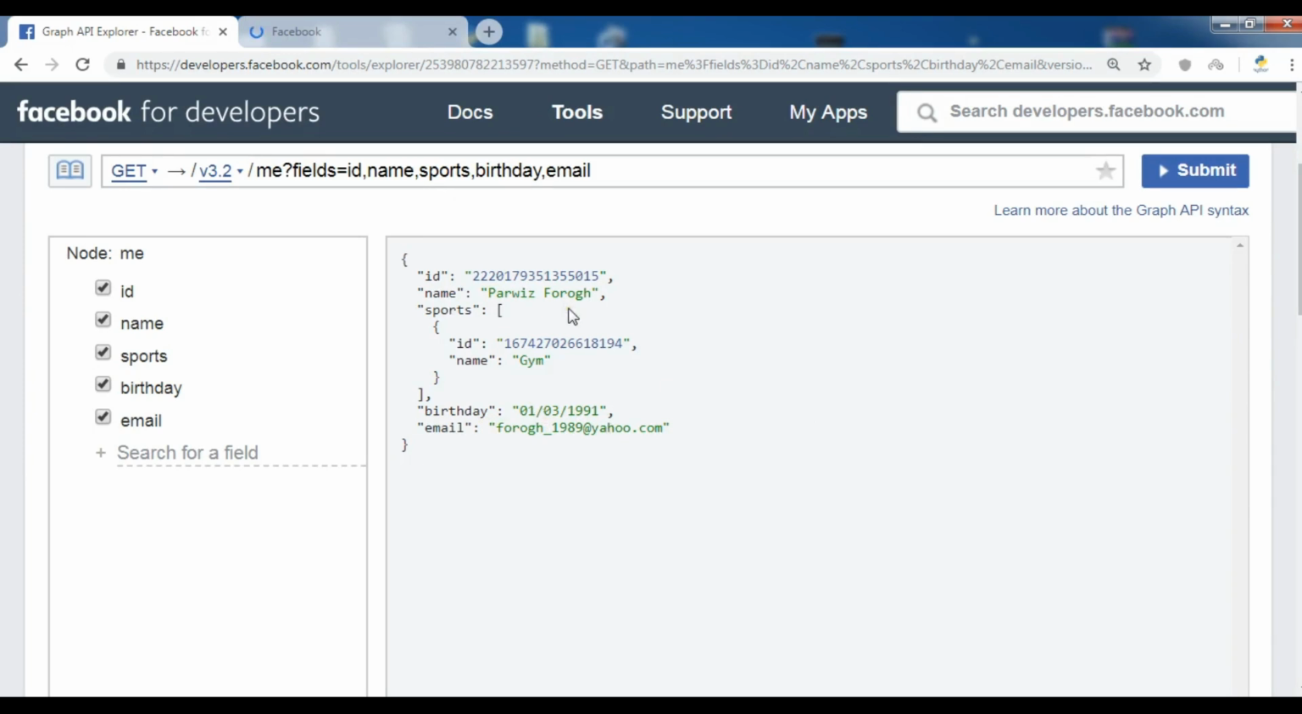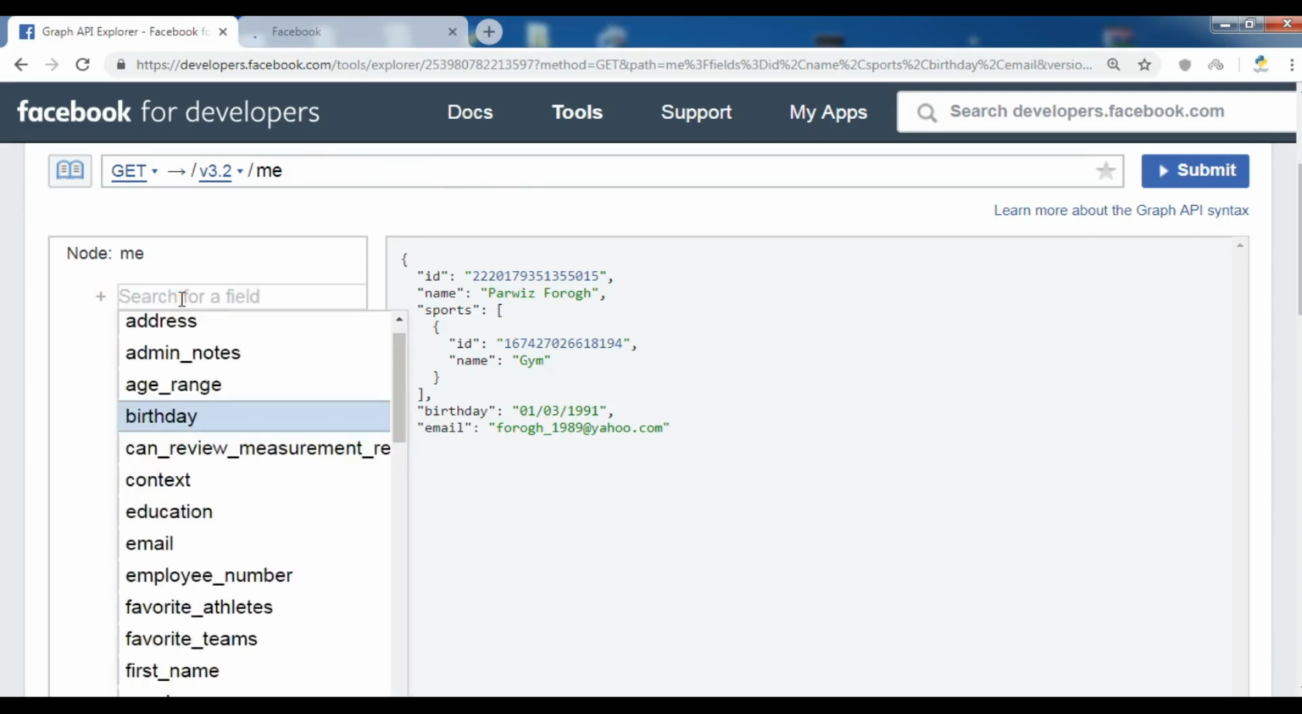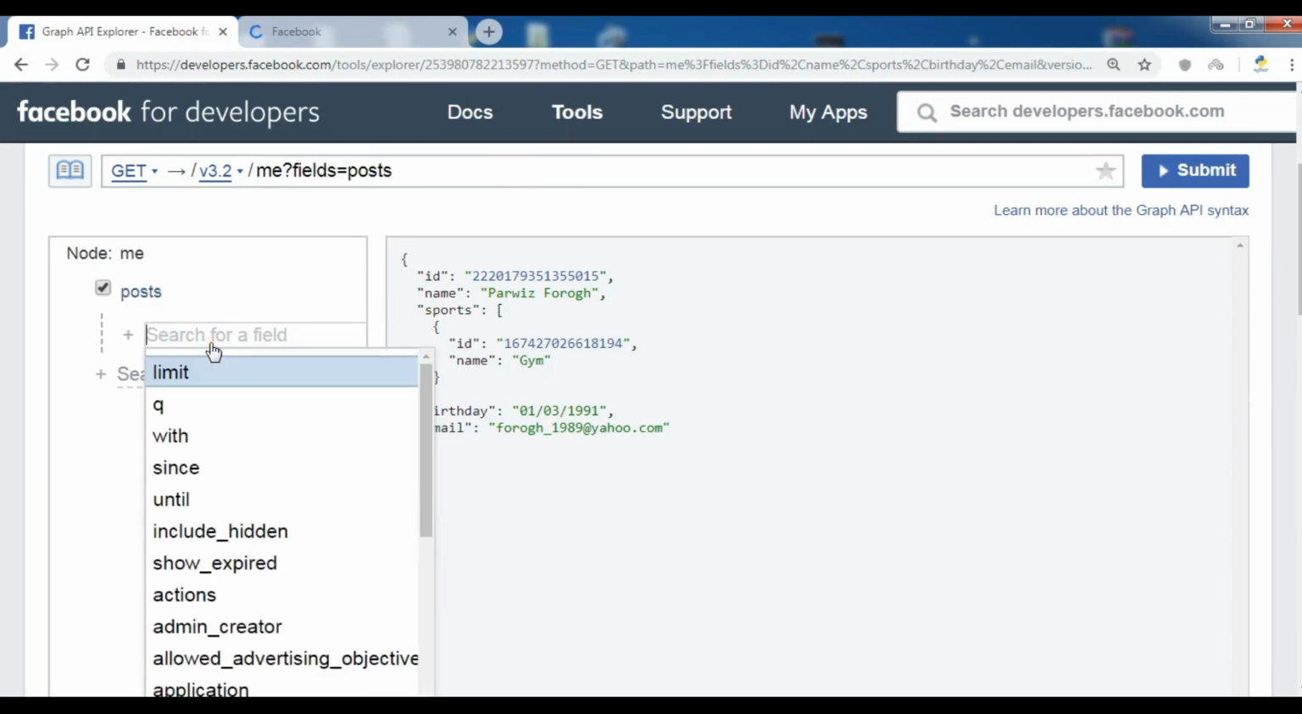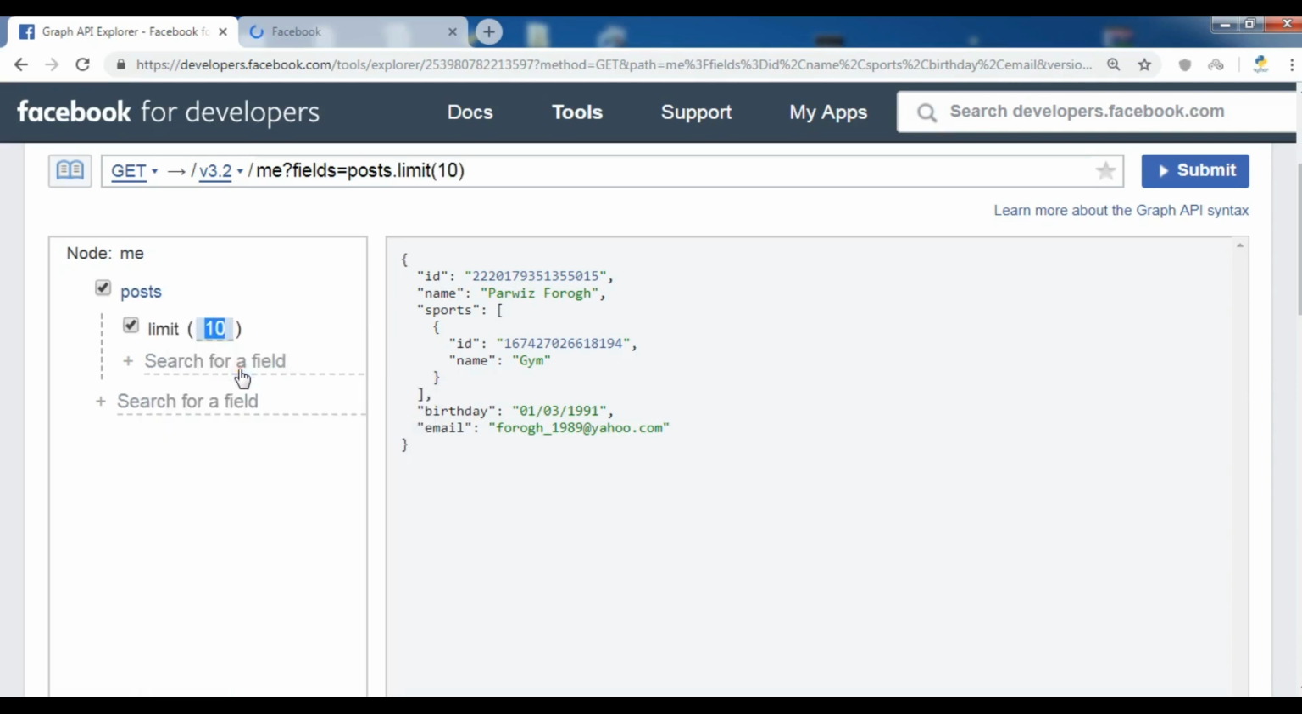the Social Graph API. Now let me, for example, remove all of these. You can remove like this, and from here you can search. For example, I want to get the posts. So you can select, and you need to limit these posts. You can see that we have different options, but in here we are going to limit this to 10 posts. Okay, now if I submit this,